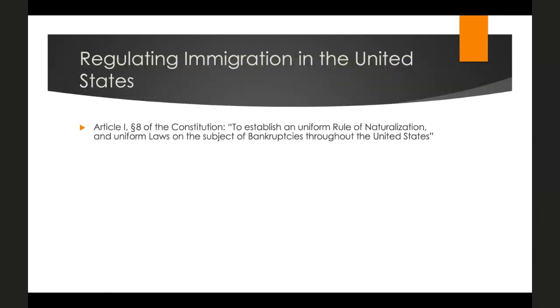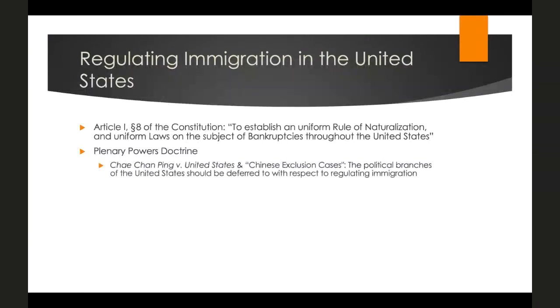So Congress has the right, and the Supreme Court has upheld the right in various cases, including a recent case, Arizona versus United States, that ultimately it is Congress and not the states that establish immigration and naturalization policy. This has been reinforced through what's known as the plenary powers doctrine, and we talked about this a little bit. We talked about the balance of power. This really comes out of both the Xi Jinping versus United States case and the other Chinese exclusion acts.